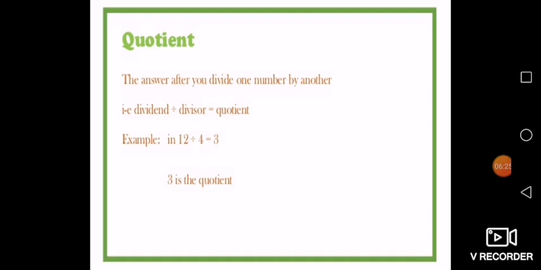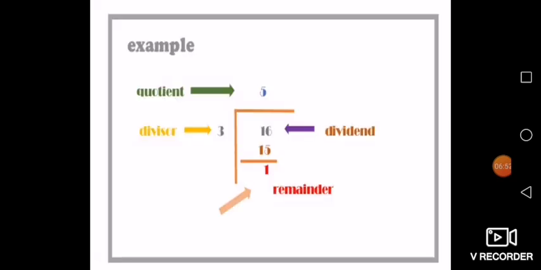You have to remember all these terms, because after this we will do properties of division, in which we are going to use these terms. So you must know that in a division sum, which term is the dividend, which is the divisor, which is the quotient, and what is the remainder. We'll revise once again. Now see the example here. What is the dividend here?